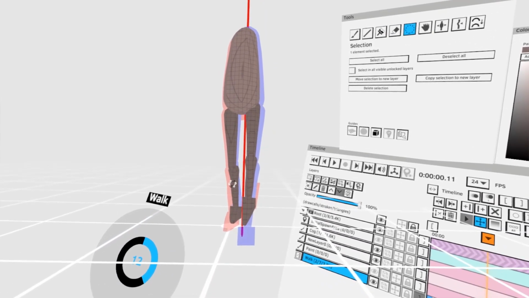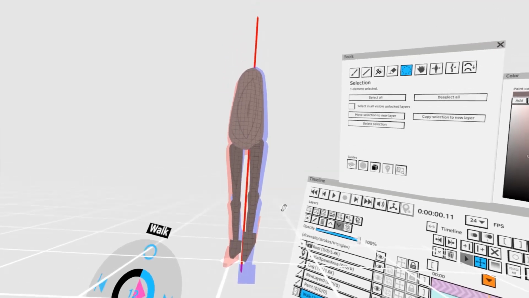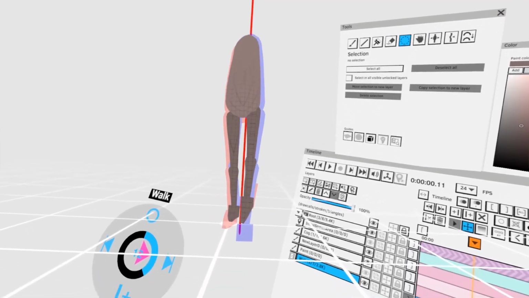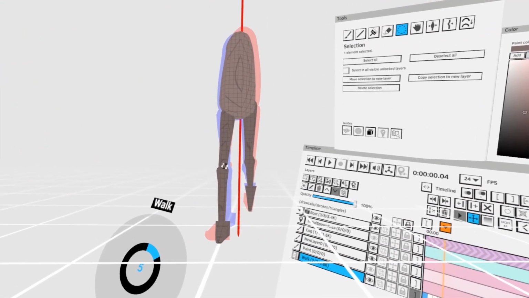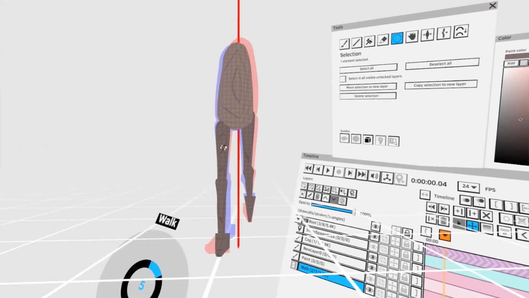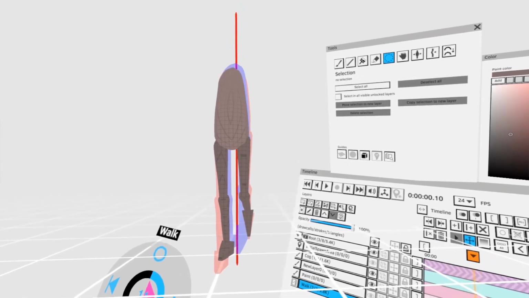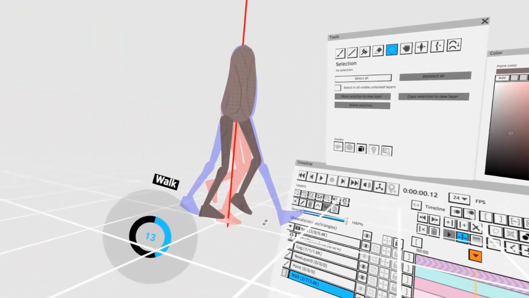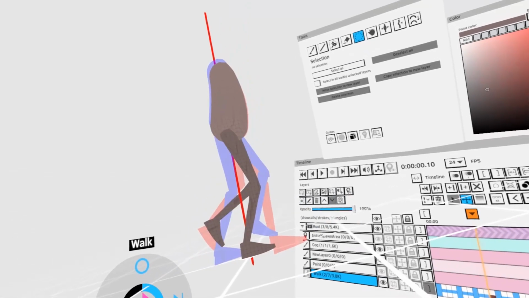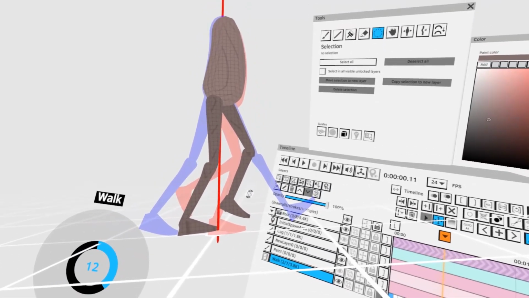Okay. So I have to remember to make sure that I'm doing the pose that works on both perspectives, not just one perspective. And that's the issue with 3D animation, right? That you have to always be mindful of the